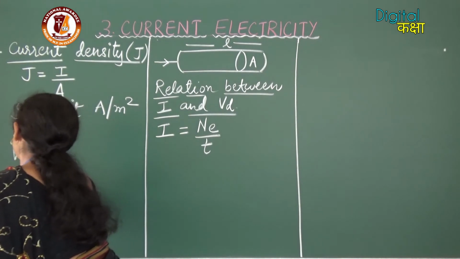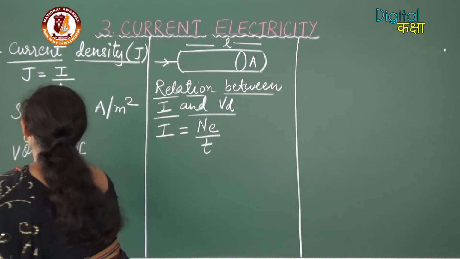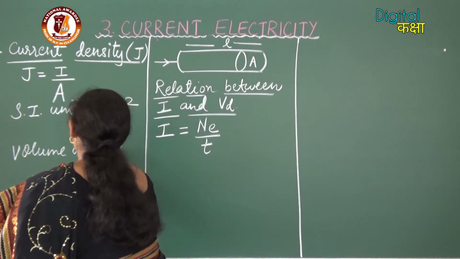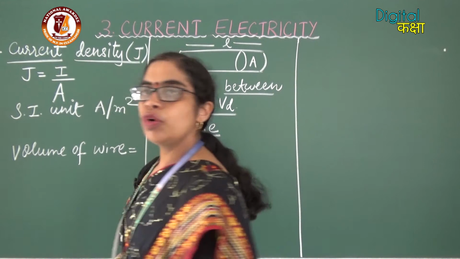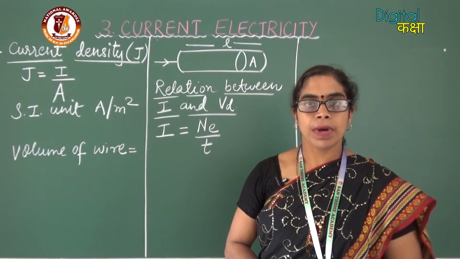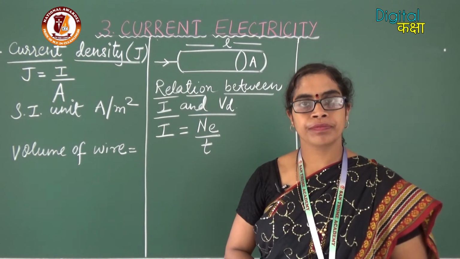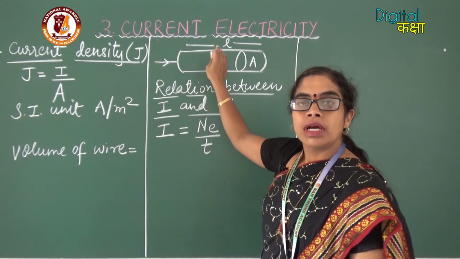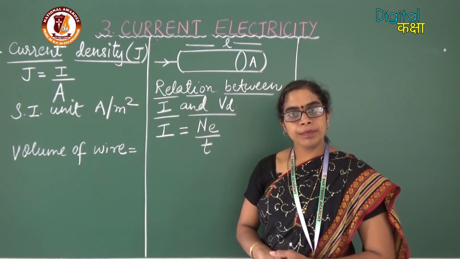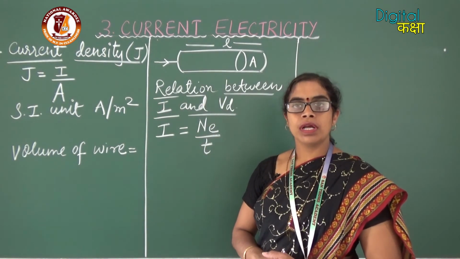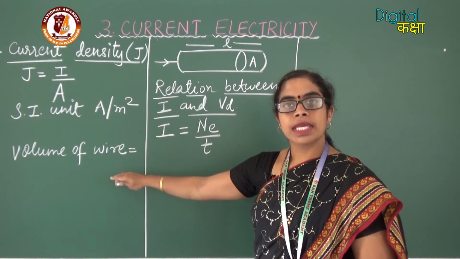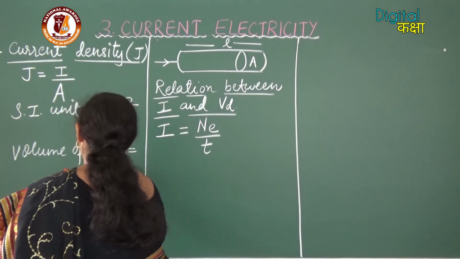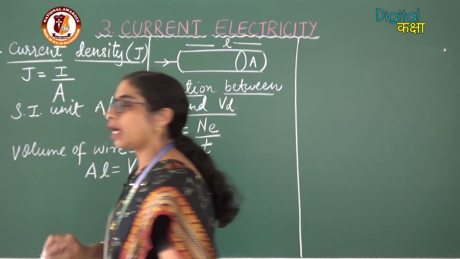Since we know that the wire is of the cylindrical shape, the formula for the volume of the cylinder is pi r square h. Now, in this case, for the wire, A is the cross-sectional area. So, the formula for the wire's volume can be given as A into L,